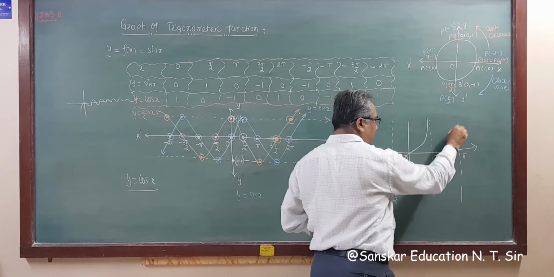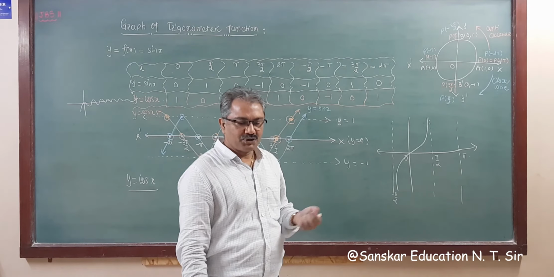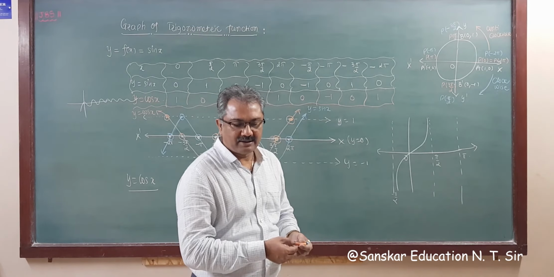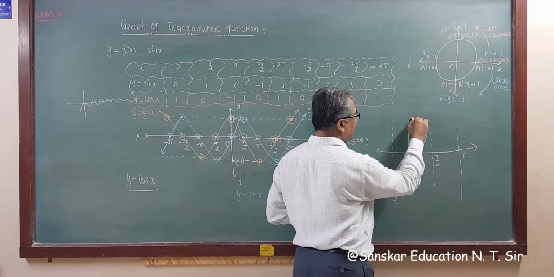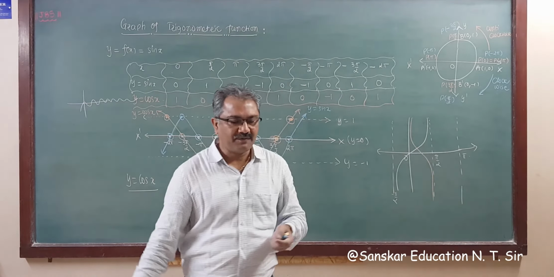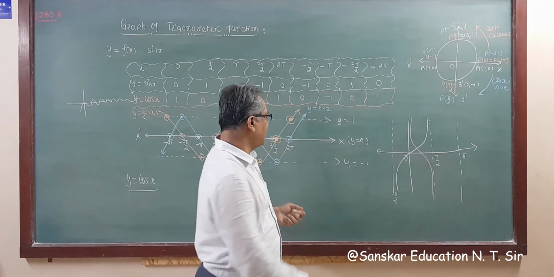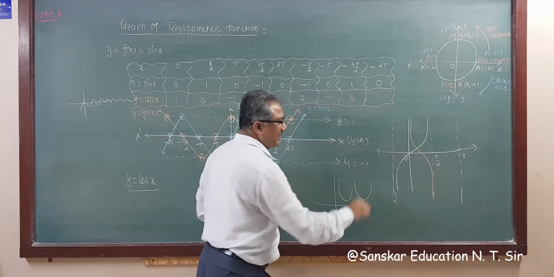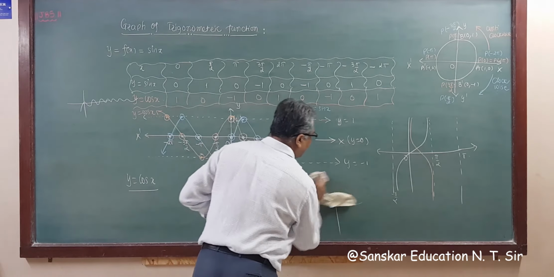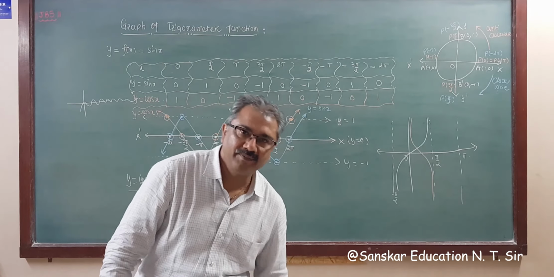Again you can draw the graph from here. This graph is passing through this because pi by 2 and 3 pi by 2 are not defined. So we'll get the graph of tan like this. And for the graph of cot function, you may get this type of graph. Okay, so this is the graph of cot function, and for sec and cosec you can draw graphs also. That graph will be like this. So you can draw the sec and cosec graphs yourself. I am leaving that for you to draw.